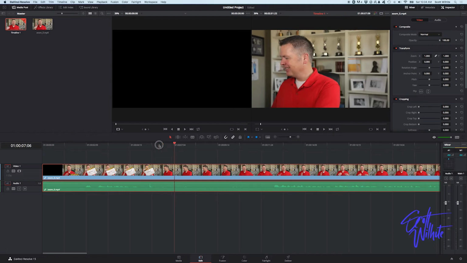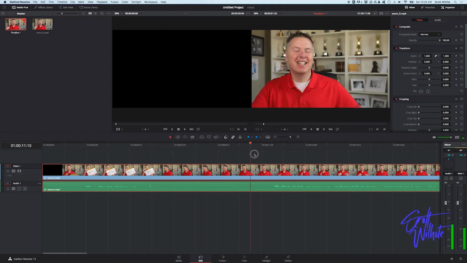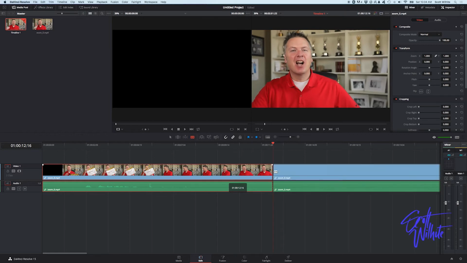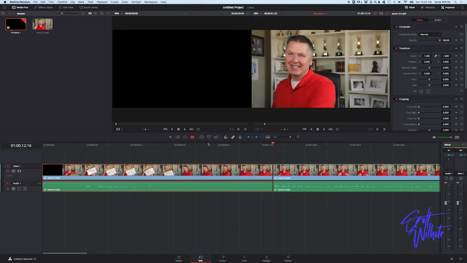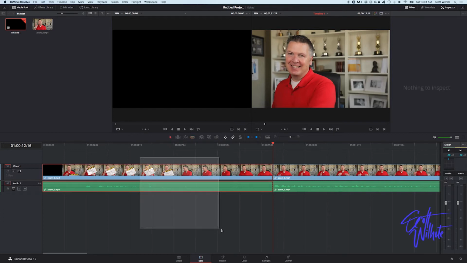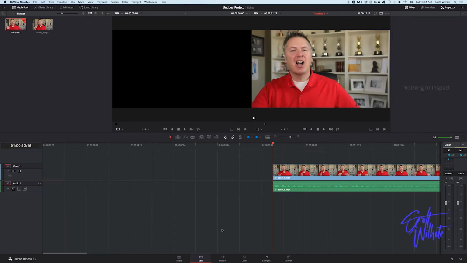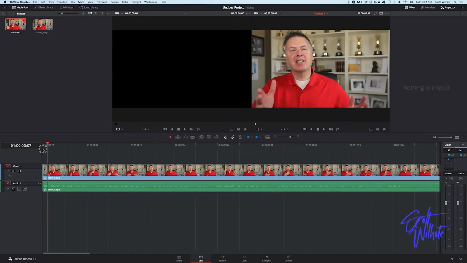So I can take this little guy here, it's the playhead. It lets me know where we're playing. I can move it over to where I'm actually starting to talk. And it looks like maybe right there. And then I can take this little guy, it's a razor blade tool, come over here, click that, and then you'll see it made a cut there. I'll go back to the arrow selector. I'm going to just drag across here. It grabs both audio and video there. I delete it. And then I'm just going to highlight this and delete this. And now this is right at the beginning.